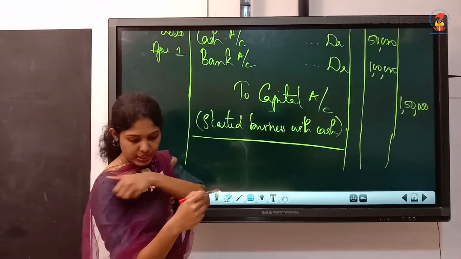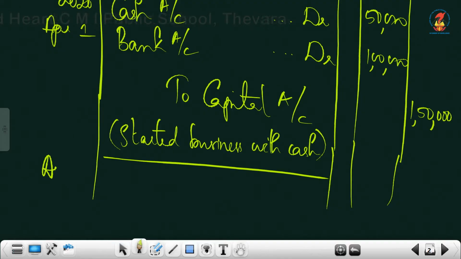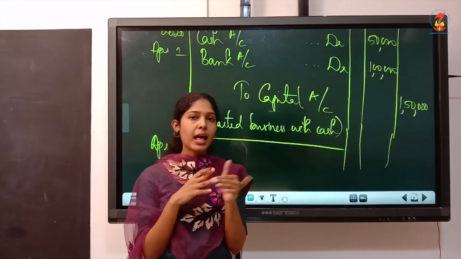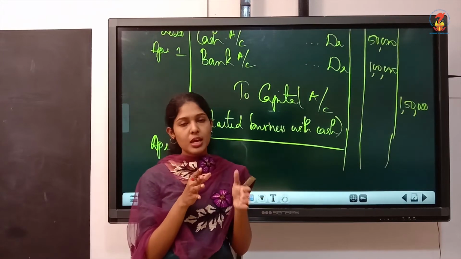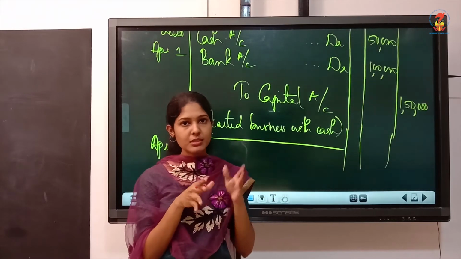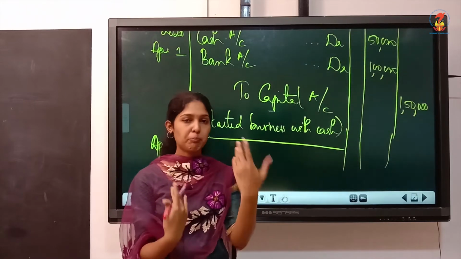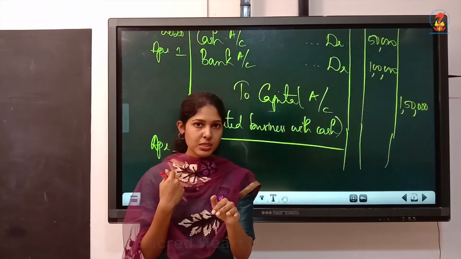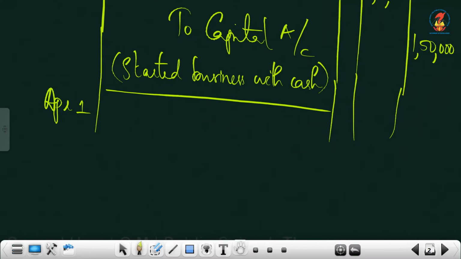Then the next one is April 1st, paid for repairs of premises. That is the same date. Premises means the building and its surroundings. Understood? So paid for repairs of premises means the journal entry you have to write is repairs account debit. You are paying. That means what is moving out from the business? It is the cash moving out from the business. So you have to credit cash account. So the journal entry is